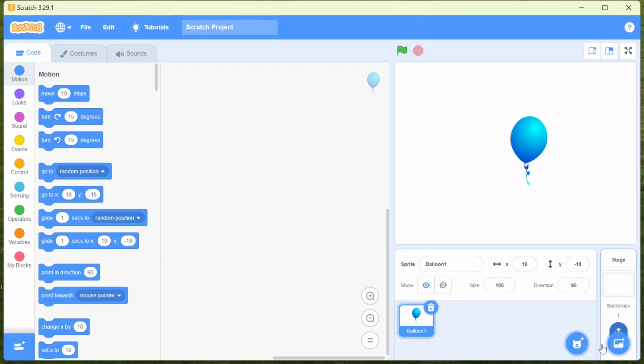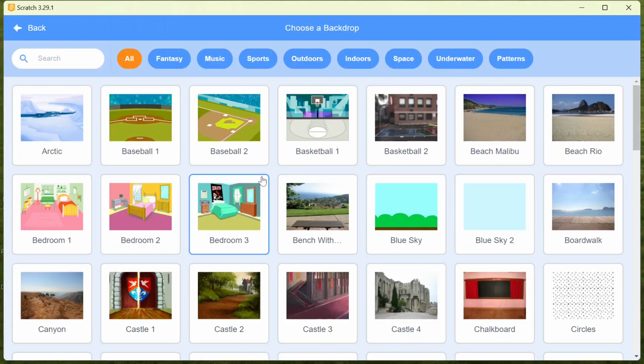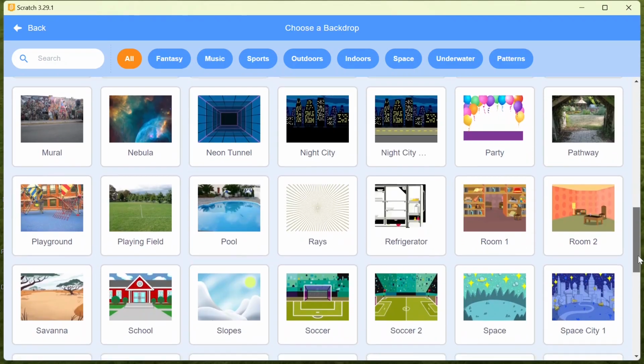Now the second thing, as we discussed, the backdrop. Backdrop means background. You can choose the background as per your requirement whenever you want to create any animation, stories, game. So you require any kind of background, so you can go through that and just click on that. You can see here multiple background options are presented. You can choose anyone.